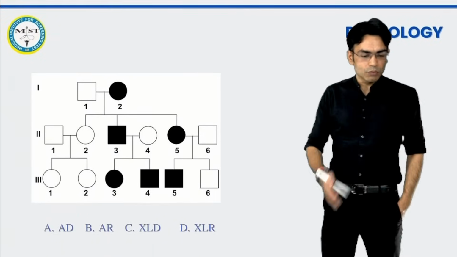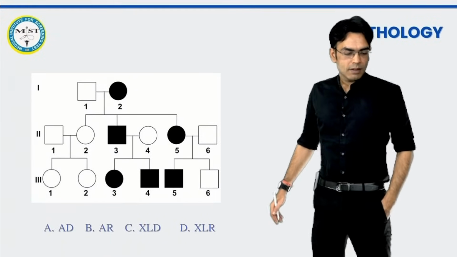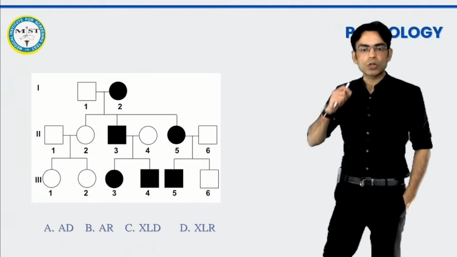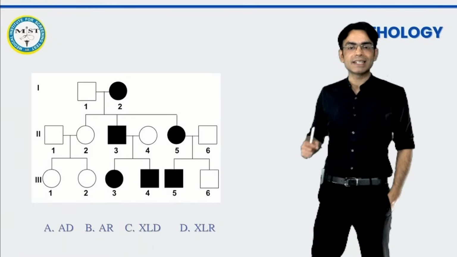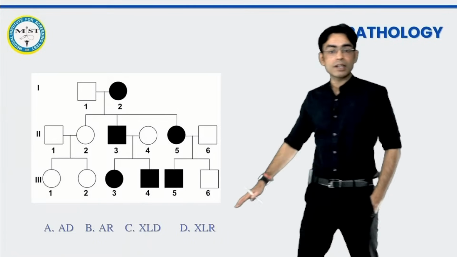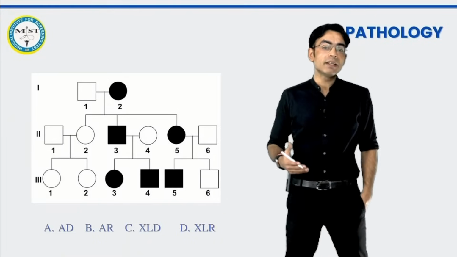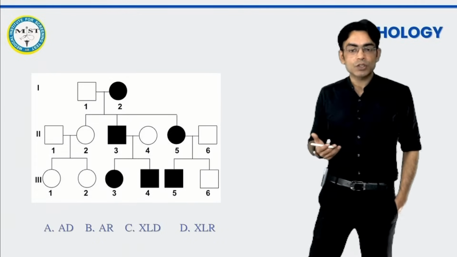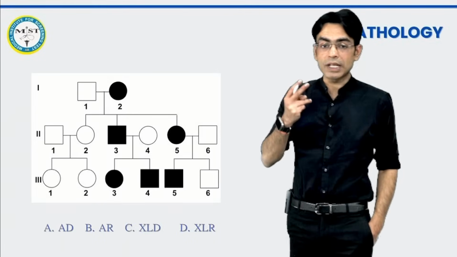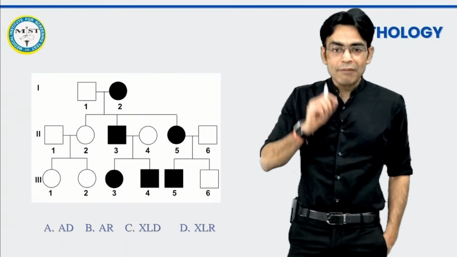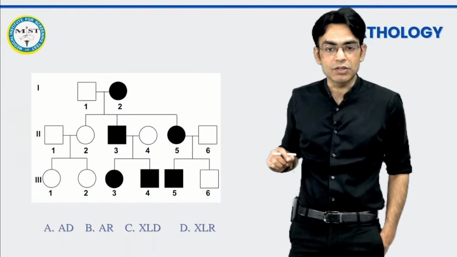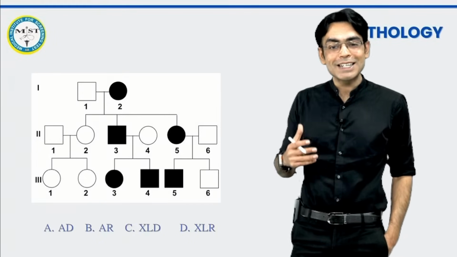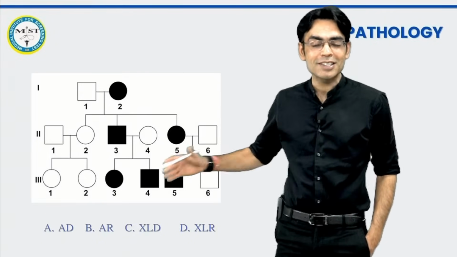Tell me. Yeah, you people are right. Tell me this pedigree. There are 4 options which have been given: autosomal dominant, autosomal recessive, X-linked dominant, and X-linked recessive. So first you have to understand only the Mendelian pattern is given. Mendelian pattern ही दिया हुआ है खाली, तो नॉन मेंडेलियन के बारे में सोचना नहीं है. Whenever we are solving a Mendelian pattern, we have to know 2 things. First thing is, you have to decide between dominant and recessive first. And how do you decide between the dominant and recessive? By seeing whether there is a generation skip or not.